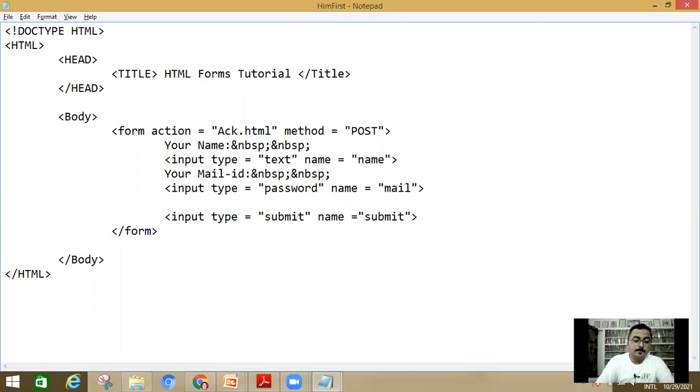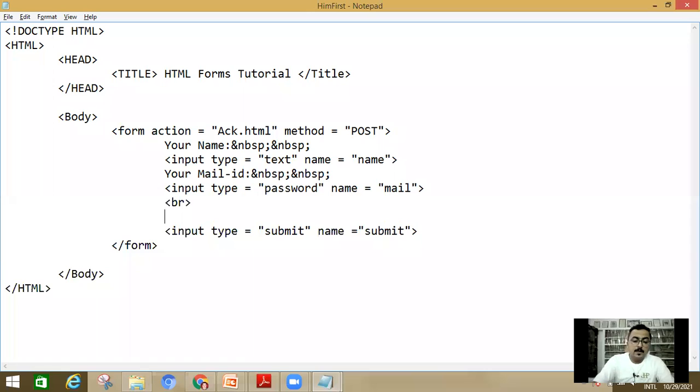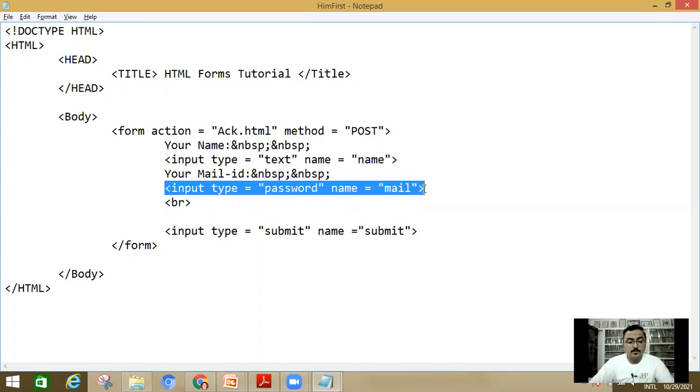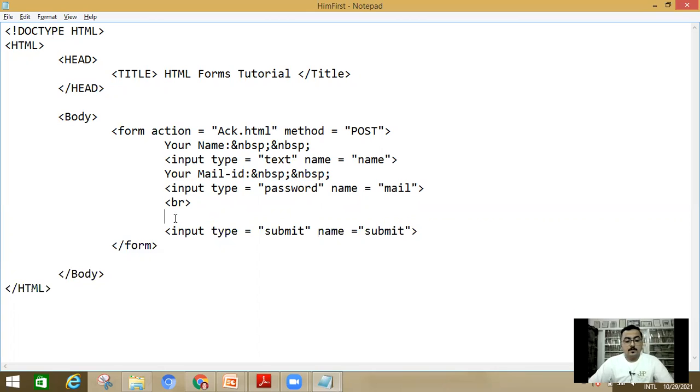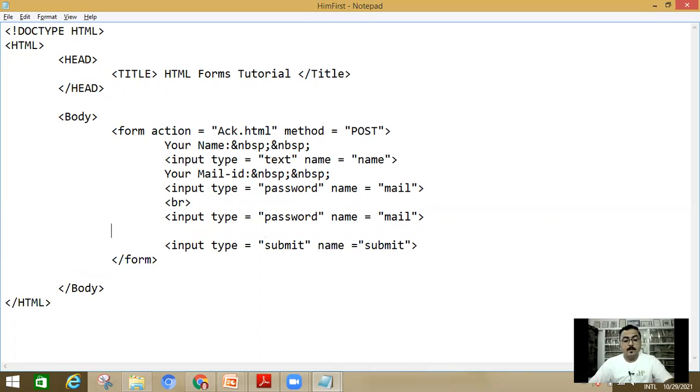I have taken the BR tag for a line break. Now input type is equal to, I'm going to paste it simply so that my work will be less. Control C, Control V. Now again, Control V. Now type is equal to what?